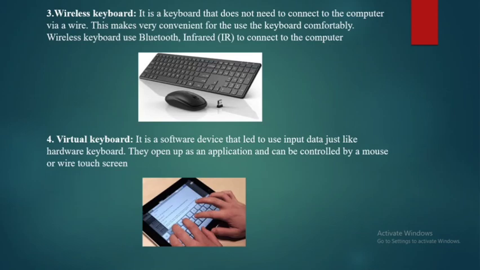So we use the virtual keyboard like an application, and it can be controlled by a mouse or a touch screen. Okay? So that keyboard can be controlled by a mouse or a touch screen. Okay, that is regarding virtual keyboard. So what we have on our mobile phones is nothing but a virtual keyboard. It is a separate application that we open up and that will be controlled by some other applications. So it is a software device that does not exist physically.